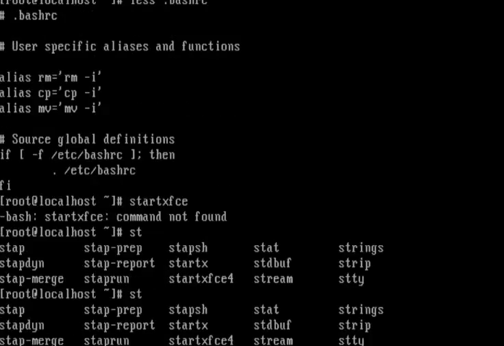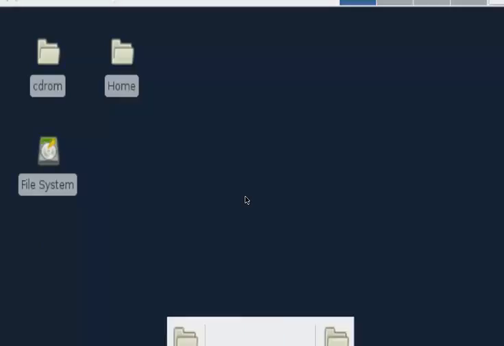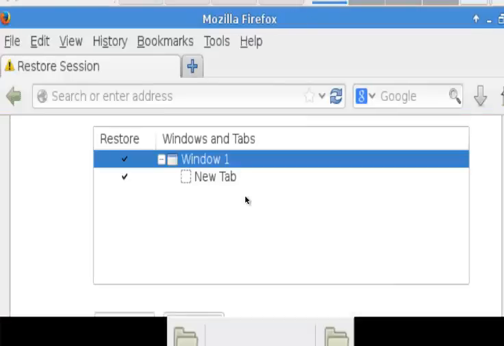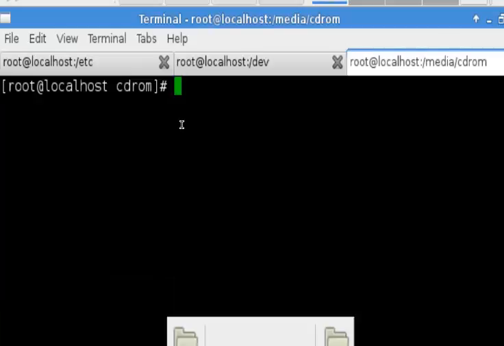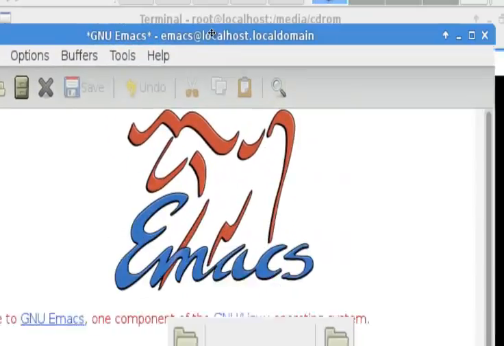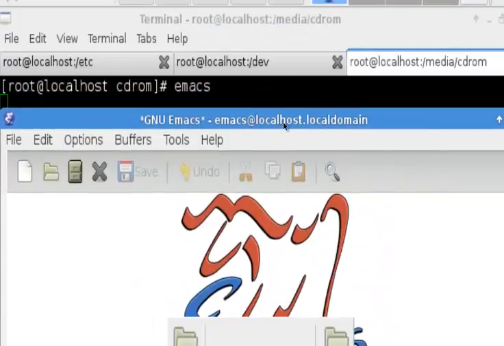Okay, so as I said, you can have many user interfaces. The one I'm using is called XFCE. It looks like Windows, but it's very light. It doesn't do a lot of fancy things, but I can get a few things done. So what it will do is, if you try and run something graphical, let me see if it would. Okay, so sometimes it will warn you. This one is not giving a warning, but